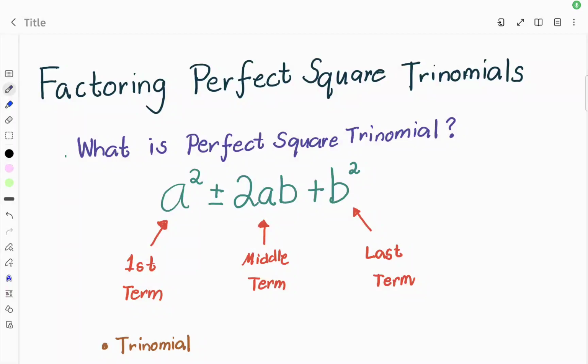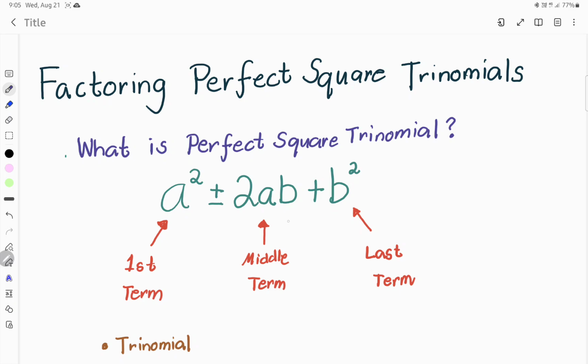Welcome to this video, and in this video we're going to have factoring perfect square trinomial. Now in factoring perfect square trinomial, we need to identify what is a perfect square trinomial. When we dissect an expression which is a trinomial, there are parts that we could have in context in this video. The first one is that we would like to look at a squared plus 2ab plus b